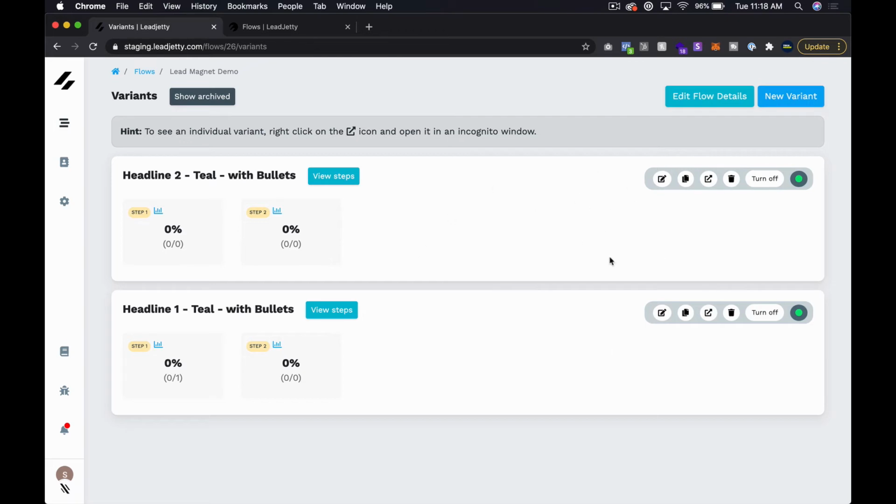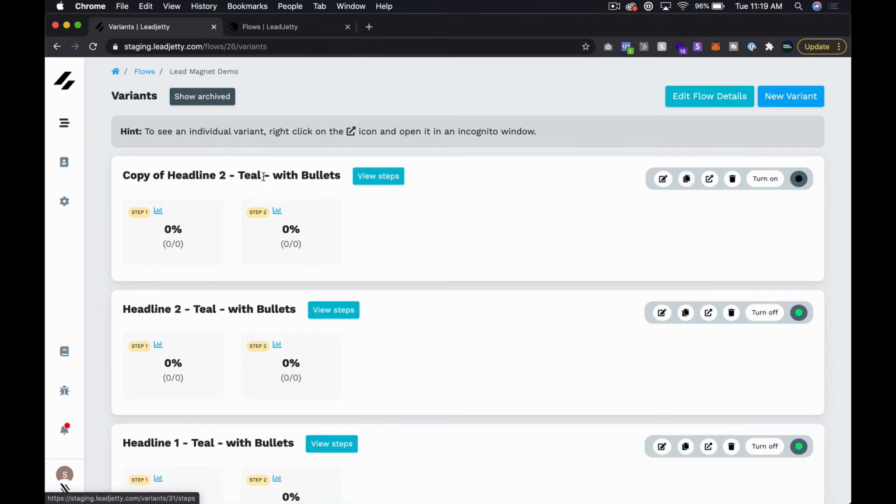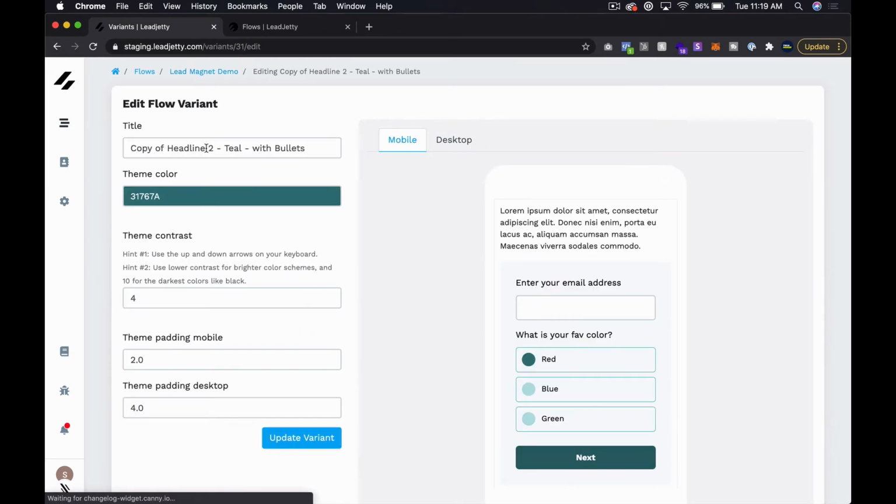So let's say that we think, technically, if we wanted to try a different background color, for us to be thorough, we would need to create two more, right? Because we would say headline 1 orange with bullets, headline 2 orange with bullets, and that would be interesting. So let's just do one though. So we'll create a duplicate of this, and then we'll edit it here, and so we'll say headline 2 orange,